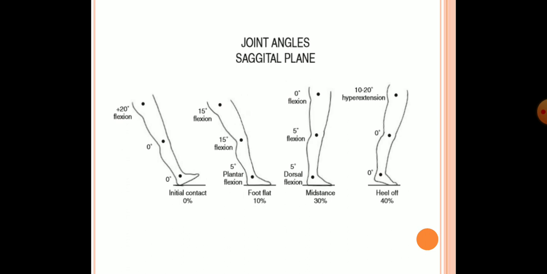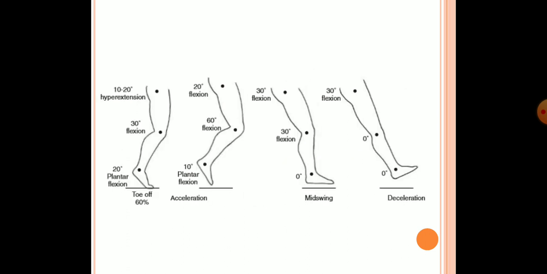And during heel off phase, what happens? The hip will go for extension. So basically, when we start the gait cycle, the hip starts from flexion, and when it comes to mid stance, the hip is almost in the neutral position, and whenever it goes for heel off, the hip is going for extension. In heel off phase, the ankle and knee joints are in a neutral position. In toe off phase, the hip joint will maintain the extension of 20 degrees. At the same time, the knee joint can go for 30 degrees of flexion, and the ankle will go for 20 degrees of plantar flexion.